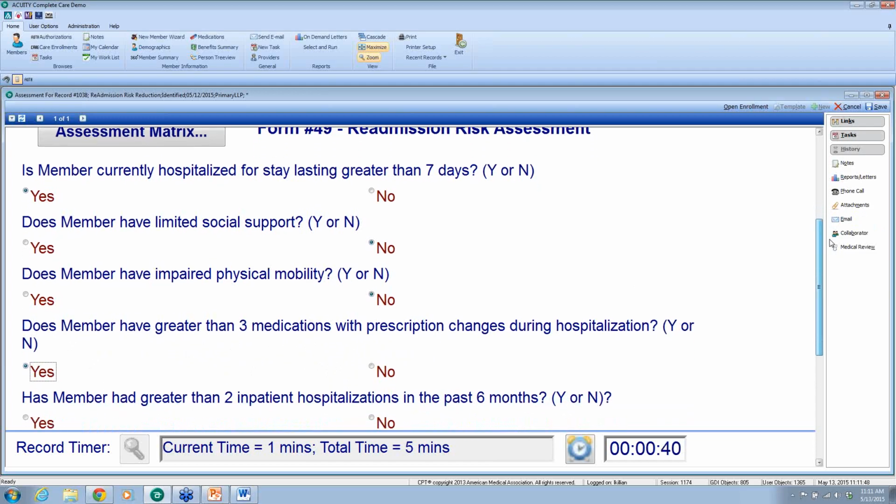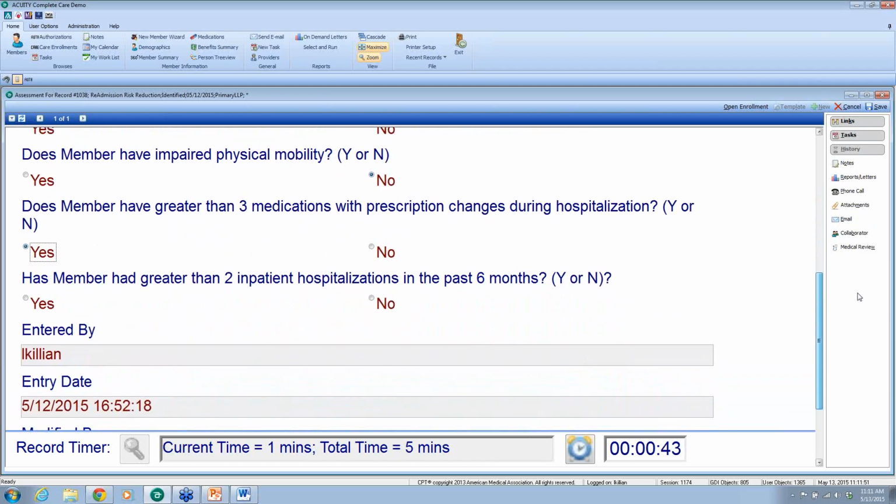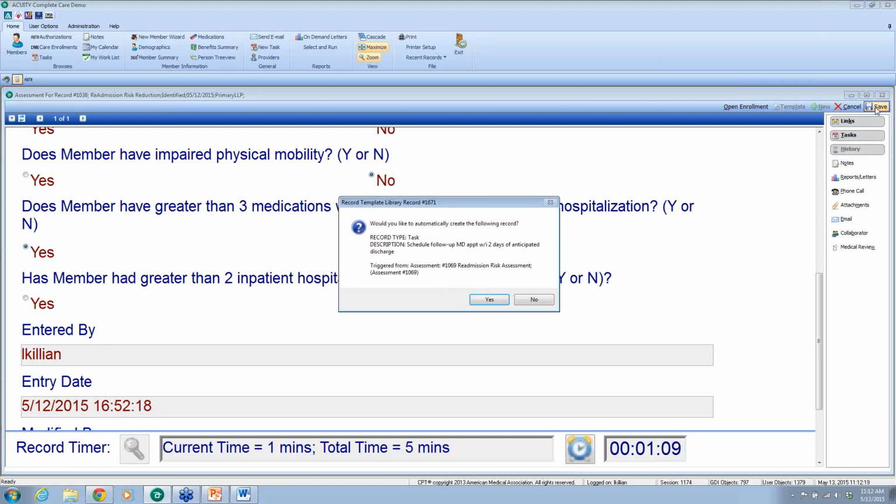And remember, when she reviewed that inpatient authorization, she saw that there were no records indicating that Mrs. Vance has other hospitalizations in the past 6 months, so she'll answer this question, no. So as a reminder, very rudimentary assessment, simply created to demonstrate some of the workflow functionality within ACUITY. This is not a standard assessment within ACUITY, but what's going to happen now is when Linda clicks Save, we've built triggers into the system such that when she answered the questions the way that she did, it's going to suggest